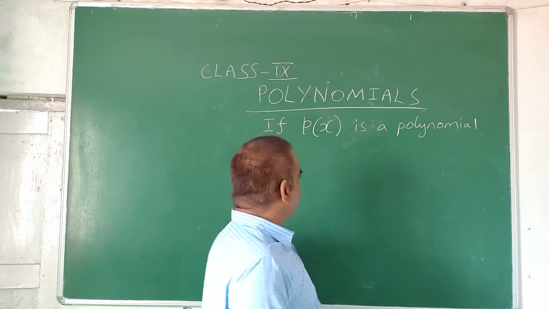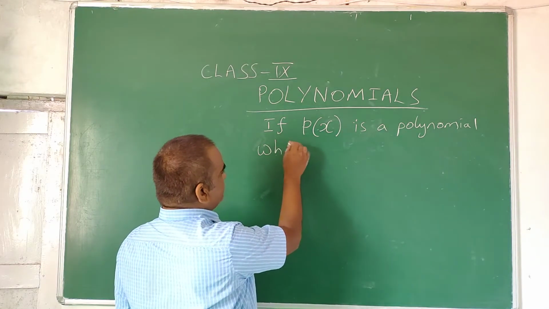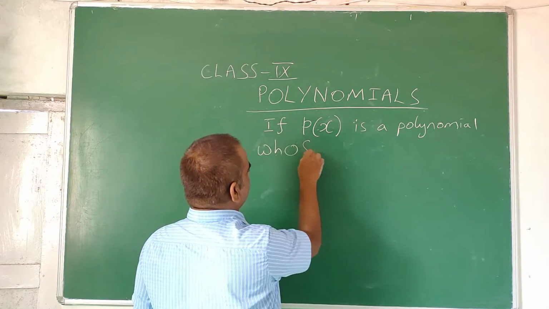So if p of x is a polynomial whose degree is